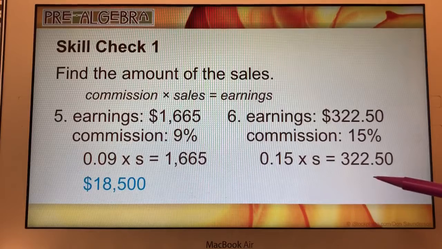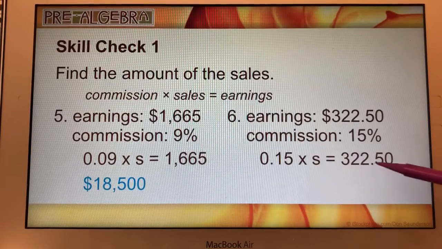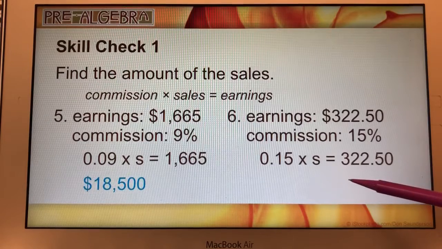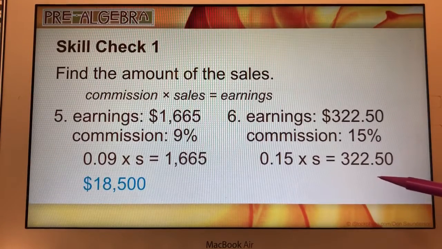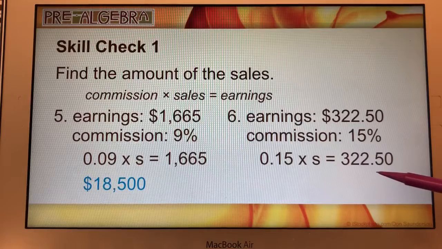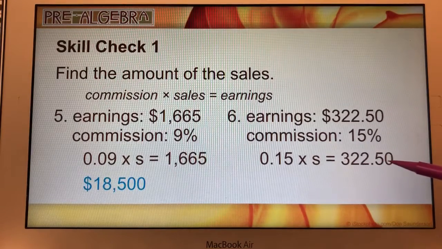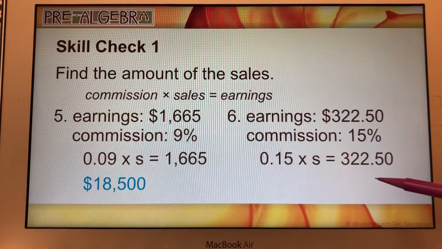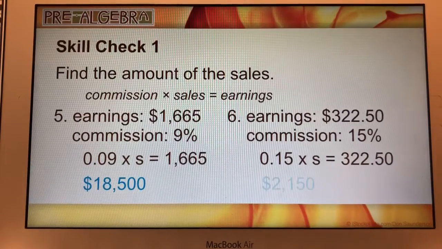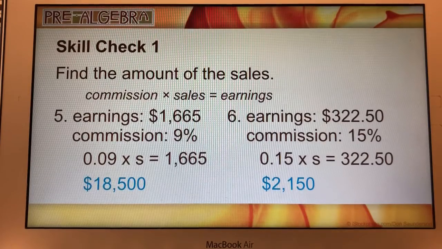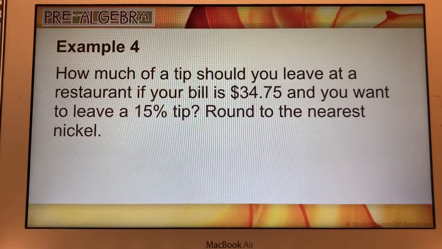Divide by 0.15. You're going to move the decimal over 2 places. Same thing with the 0.15, it's going to become 15. And so then you're going to end up with 32,250 divided by 15. And your sales is going to be $2,150. Now, we're going to